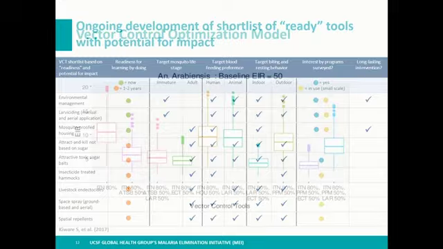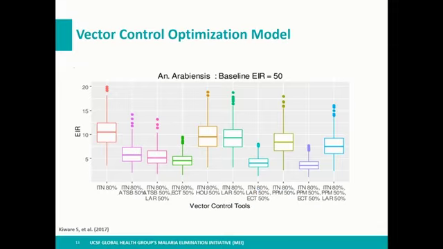So a couple of the presenters, and John in his last slide, suggested modeling as a next step, and we did this as part of our project. This was work led by Samson Kiwari at Ifakara Health Institute and other colleagues who developed the vector control optimization model that attempts to look at these various tools in combination, modeled in different transmission settings, to look at the impact. And I think that this is a great way to estimate the potential impact for these tools and feed into empirical studies to improve the evidence base across the toolbox.